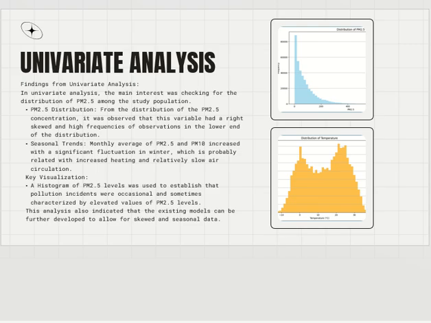Univariate analysis. In this first part of the analysis, which is a univariate analysis, I look at the central tendency and distribution of PM2.5, which is the variable of interest. The analysis suggests that the emissions were positively skewed, with most of the time at low levels, while there were spike events associated with high emissions of PM2.5. Among the findings, the author points out the existence of periodicity